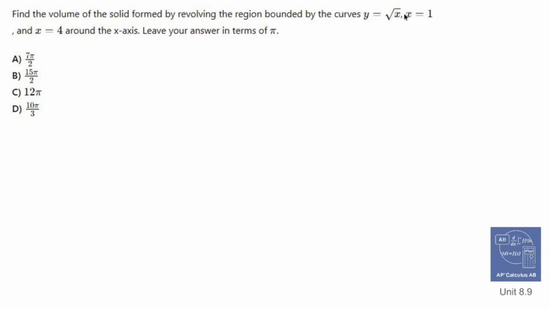Find the volume of the solid formed by revolving the region bounded by the curves y equals the square root of x, x equals 1, and x equals 4 around the x-axis. Leave your answer in terms of pi. So y equals the square root of x is going to look like this. What I'm going to do is take this part to this part, and I'm going to take that little